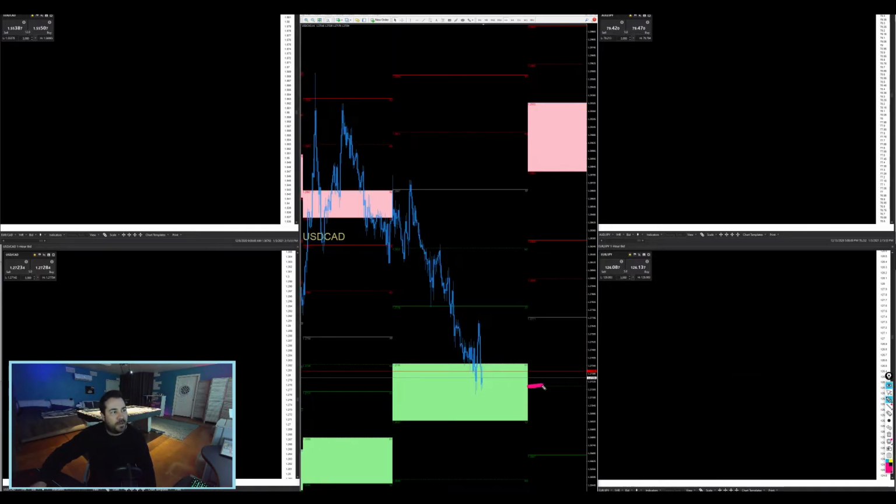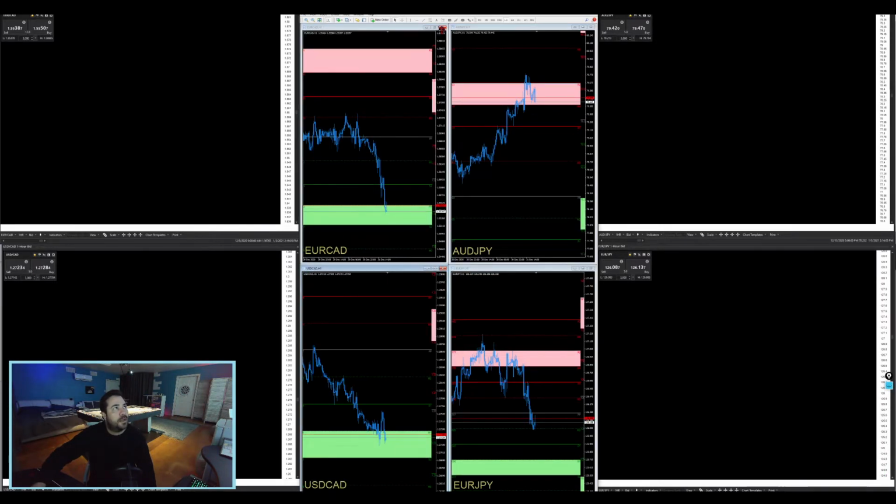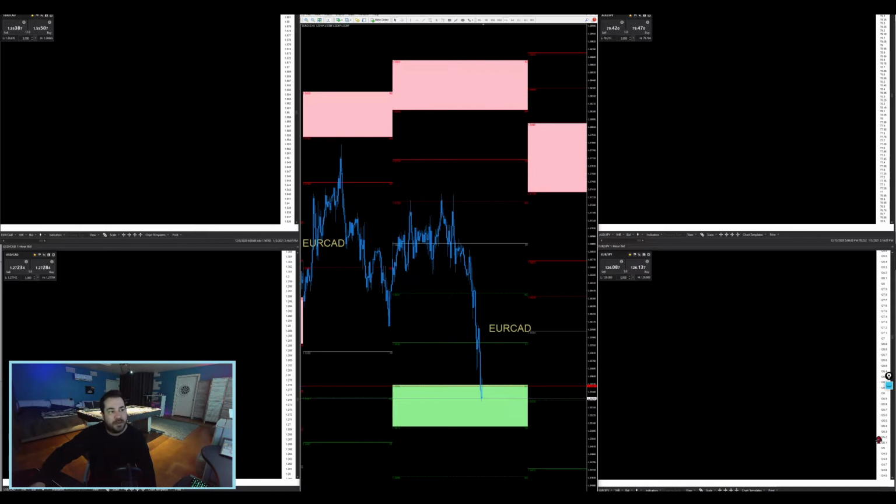We're right here now. Price is really close to the M2. So that's a nice little setup. And let's go into the Euro CAD. It's going to be the exact same thing. We're set up right now down at the M2, right exactly on the M2. Okay, let's go into